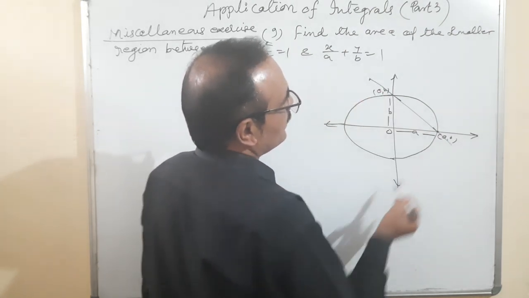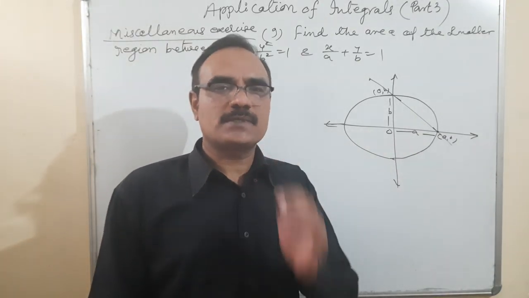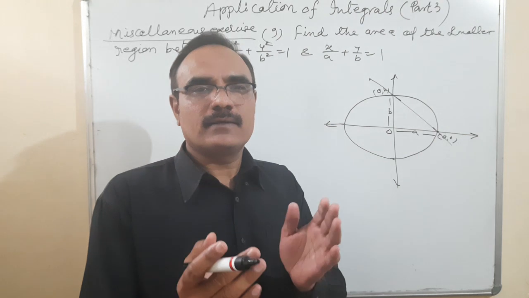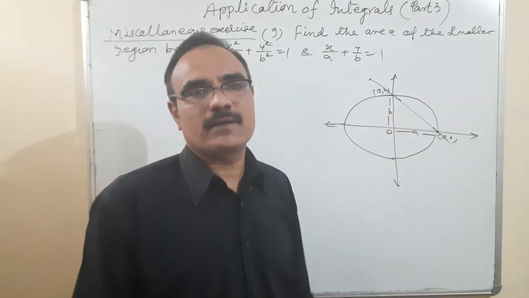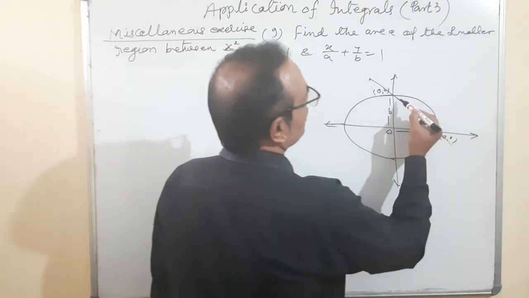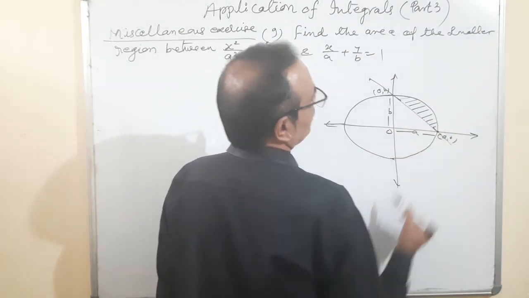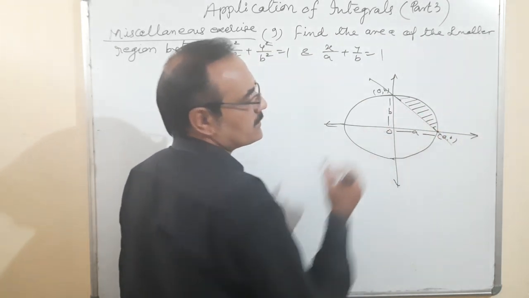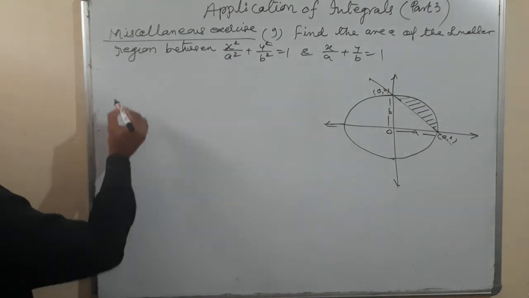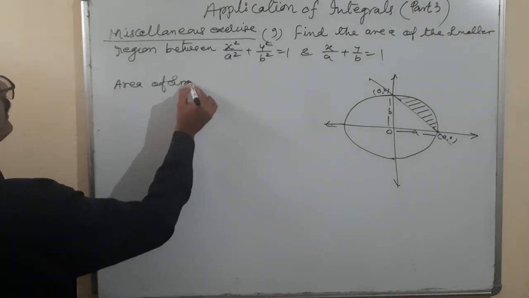We are going to find the area of the smaller region. Actually, this ellipse is cut by the line and it is divided into two parts. One is this major part, second is a minor part. We are going to find the area of the smaller region. Okay. So area, this total minus the area of this triangle. Area of the smaller region,